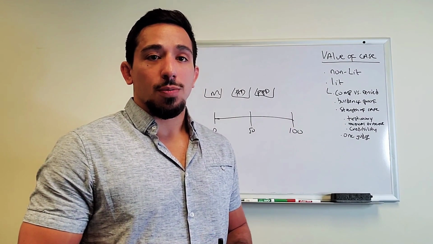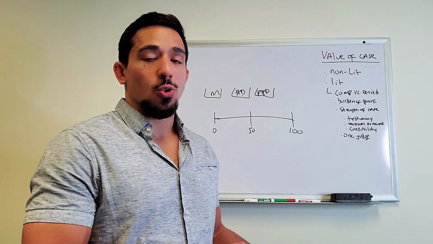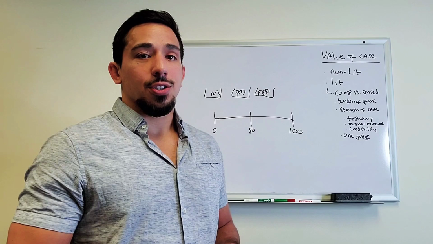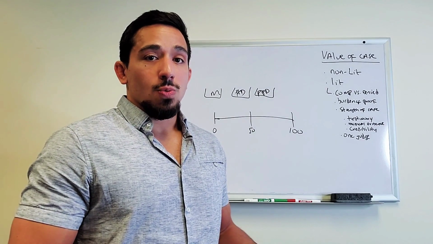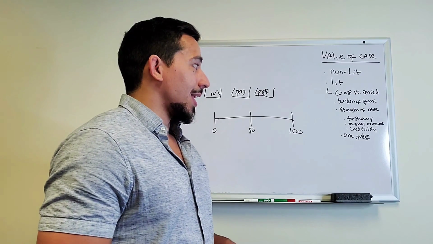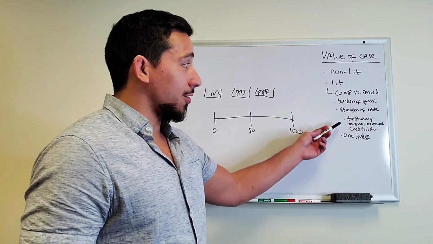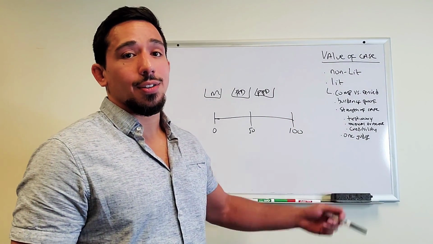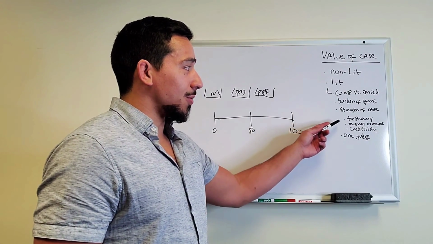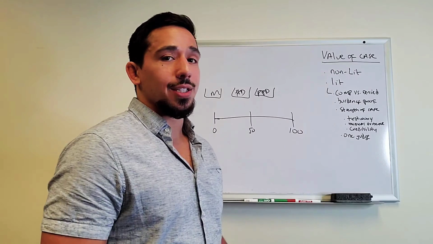Now, when looking at the strength of the case, we're looking at what's more likely to happen if you go to court. Is it more likely that you win, or is it more likely that you lose? Depending on the answer to that question, it's going to either motivate you more or less to settle your claim if you have the opportunity to do so. And some of the 3 things that I'm going to explain here today, there's a longer list, a lot more variables that you look at when determining the strength of your case, but these are some of the most basic ones. First one is the testimony.